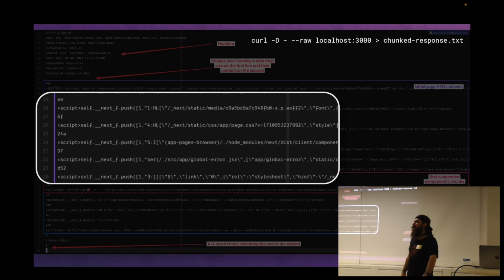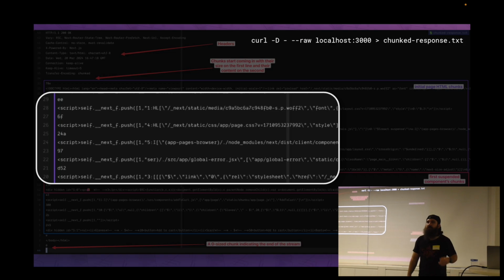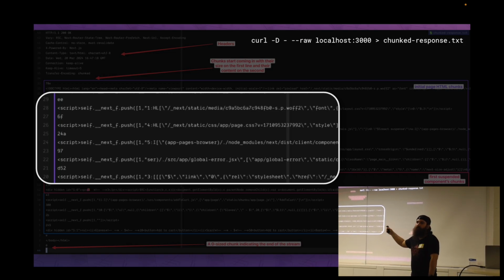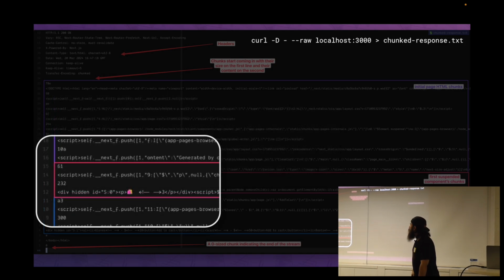So this is how the server sends the chunks, or the payload, to the browser, and this is what the browser literally receives. It parses it and invokes the next push. That function knows what it's doing. It will put the payload in motion. It will execute it. And then we see a red line, and I put it there on purpose. Up until this point,